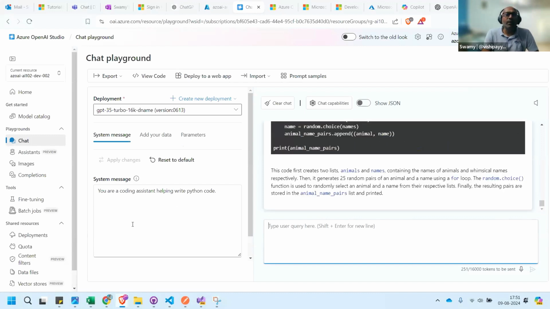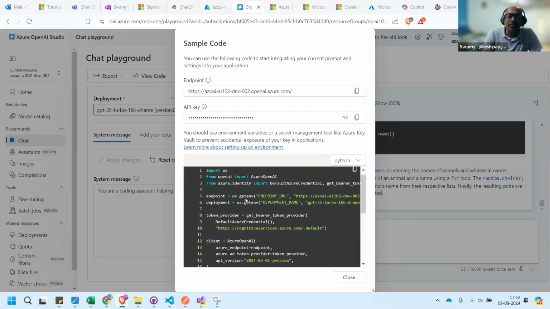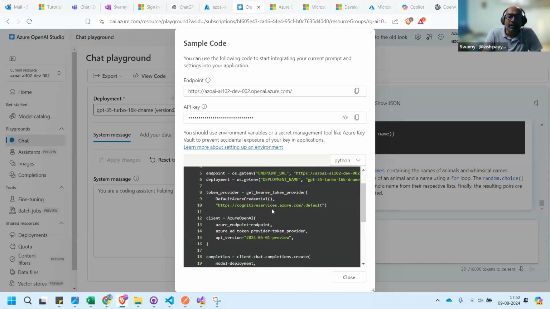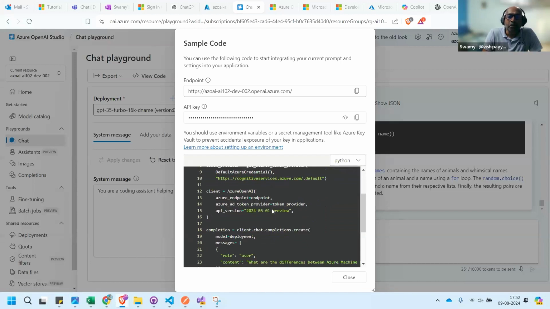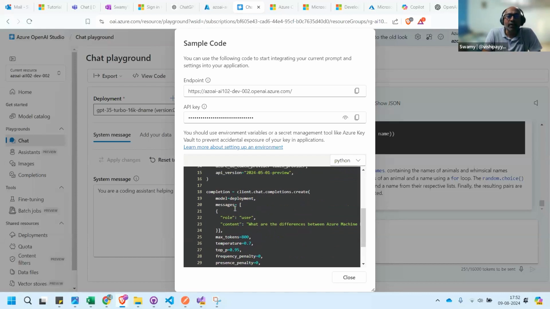So now here what happened is you need to give a system message followed by the prompt. So how do we know? You can go and click on this view code where you'll be able to see a couple of things. Here you can see the messages, user and content.